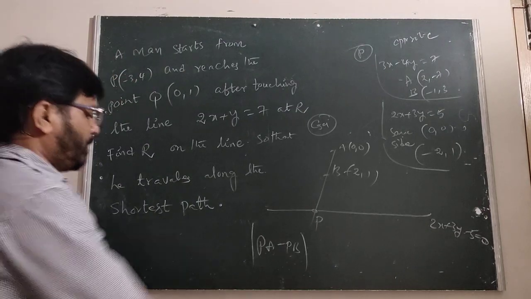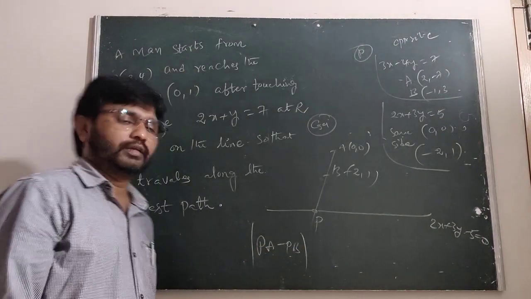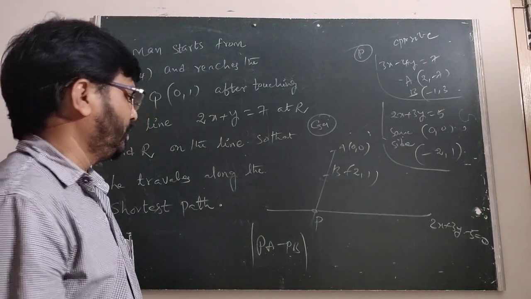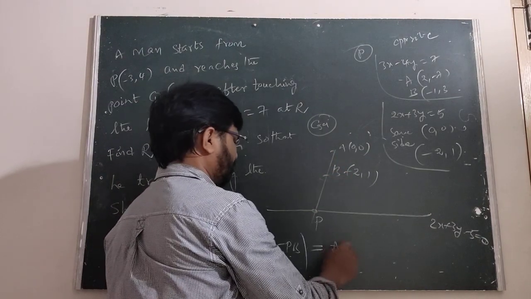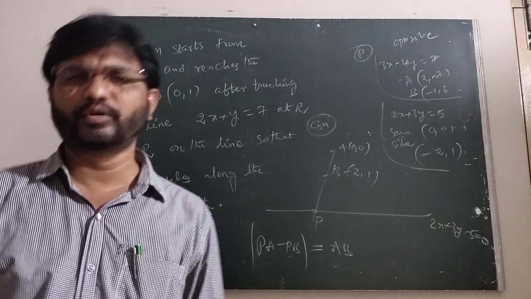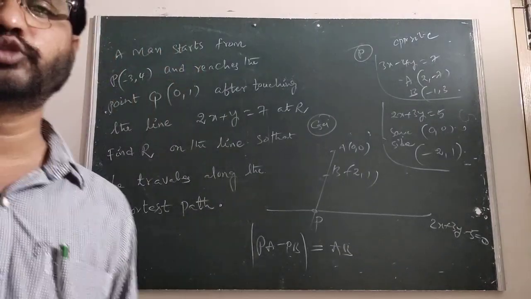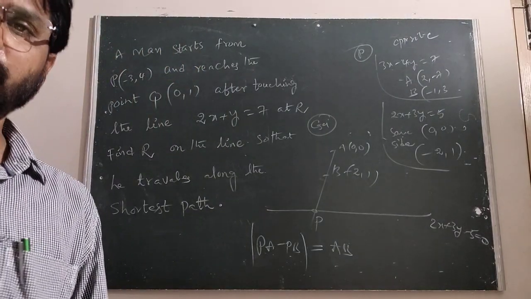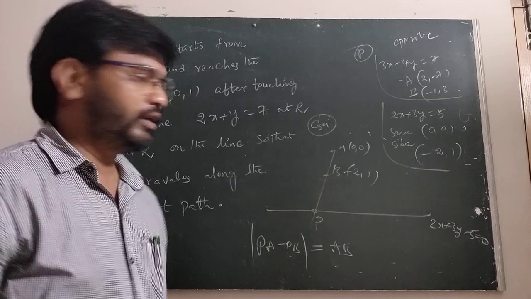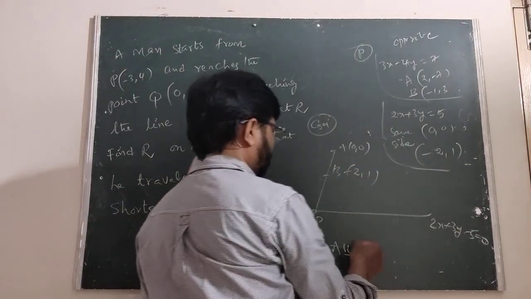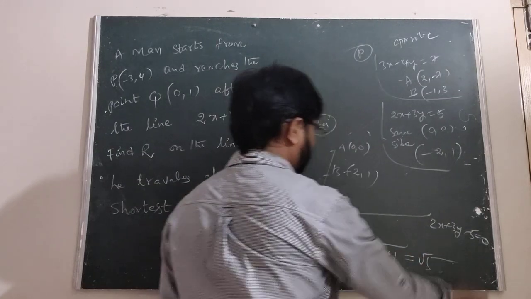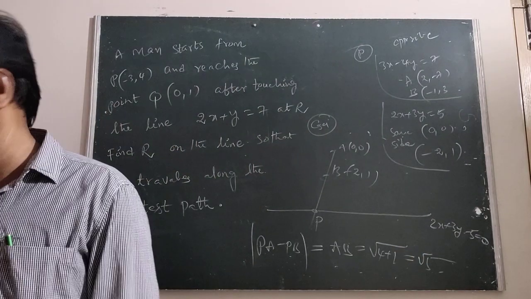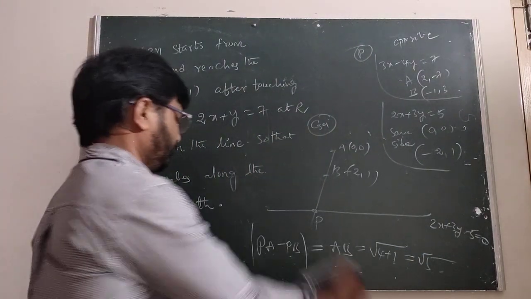So here PA minus PB. How to find PA minus PB? Therefore, we can write PA minus PB here: this is total PA, this is PB, and that is AB. Simply we can find the distance between the 2 points. This is enough. The distance AB, we know, is the square root of x2 minus x1 whole squared plus y2 minus y1 whole squared. Now we are going to discuss the fourth case.